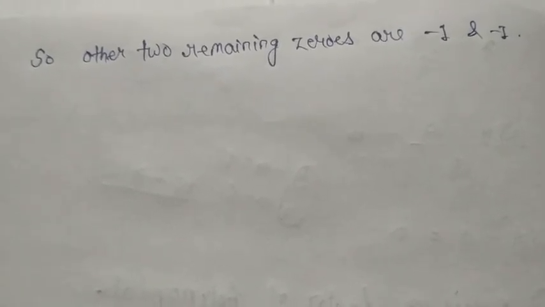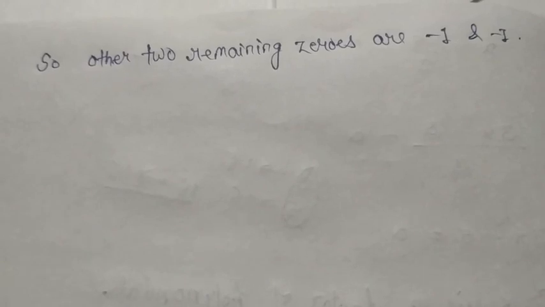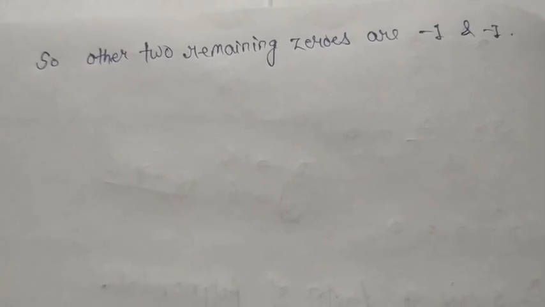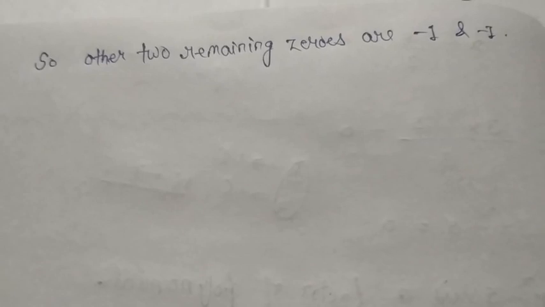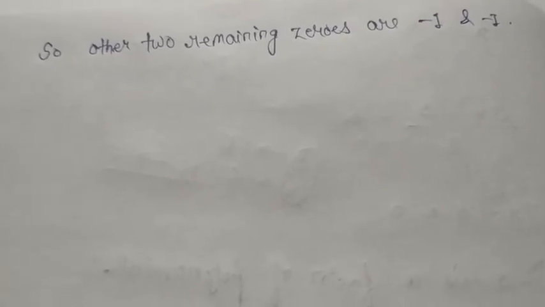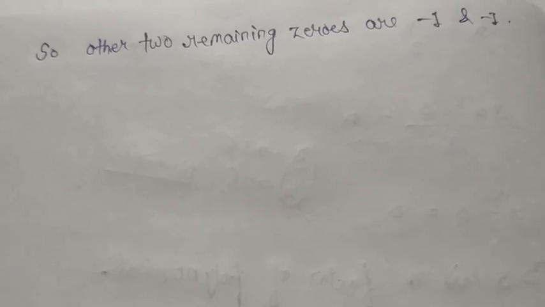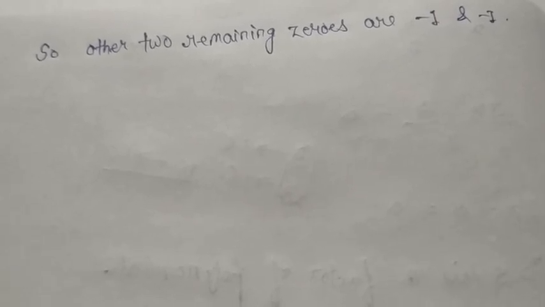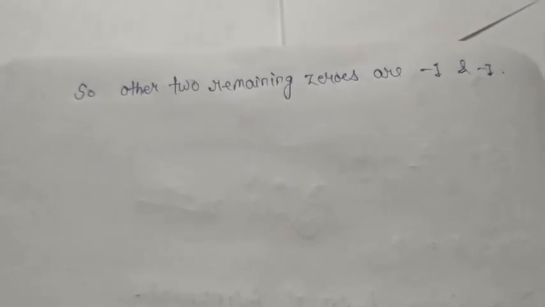If you have to understand clearly one more time, then you can rewind the video also, so that you can clear the things. See, it is a simple thing. First you take the factor, after that whatever polynomial is given, divide with that factor, and after that whatever quotient is left, just factorize it. When you will factorize it, you will get something, and for getting the other zeros, you will put the quotient equal to 0, and one by one you can calculate the value of x. Okay, so I think it is clear.